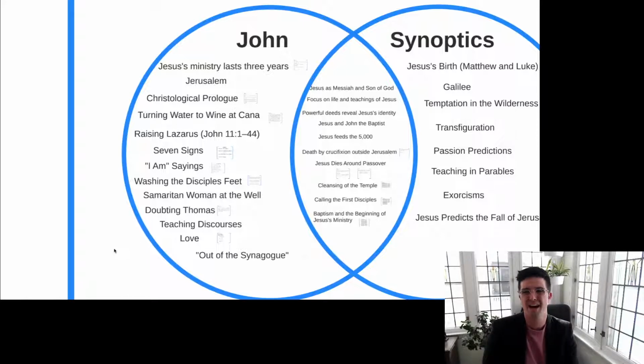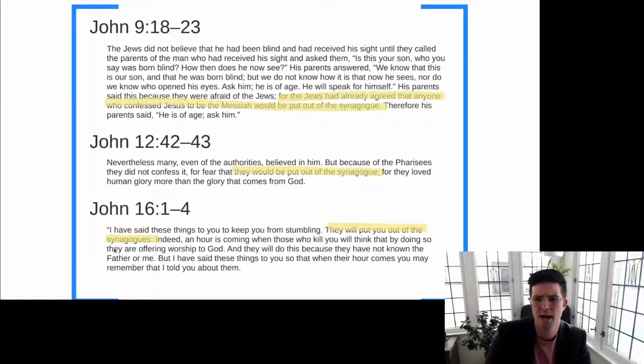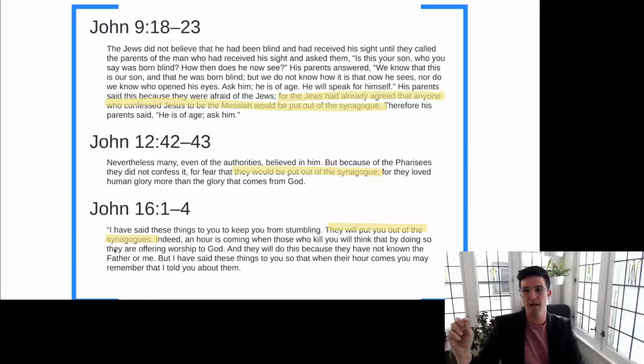That was not true. There is this bit about being thrown out of the synagogue on 3 different narrative occasions. Characters or the narrator express concern about individuals who believe in Jesus or have some relationship with Jesus being thrown out of the synagogue. So this phrase, be put out of the synagogue, in Greek, it's apo, which is the preposition out of or from, synagogos, from the synagogue, occurs in these three